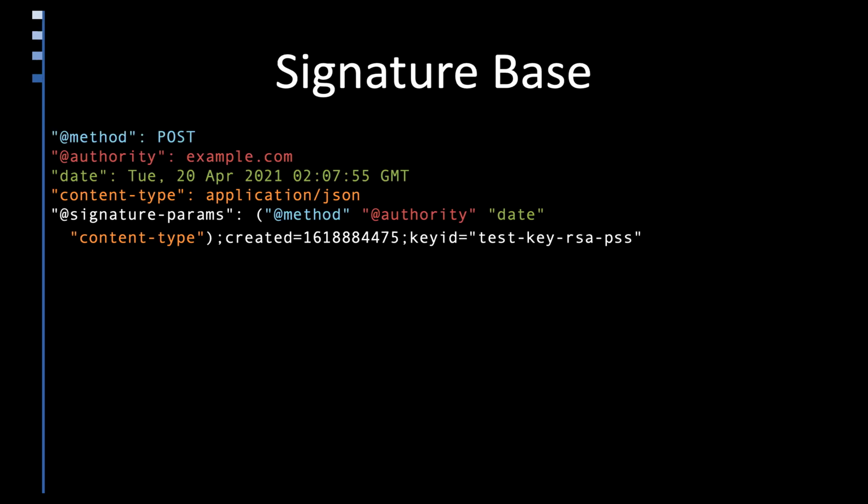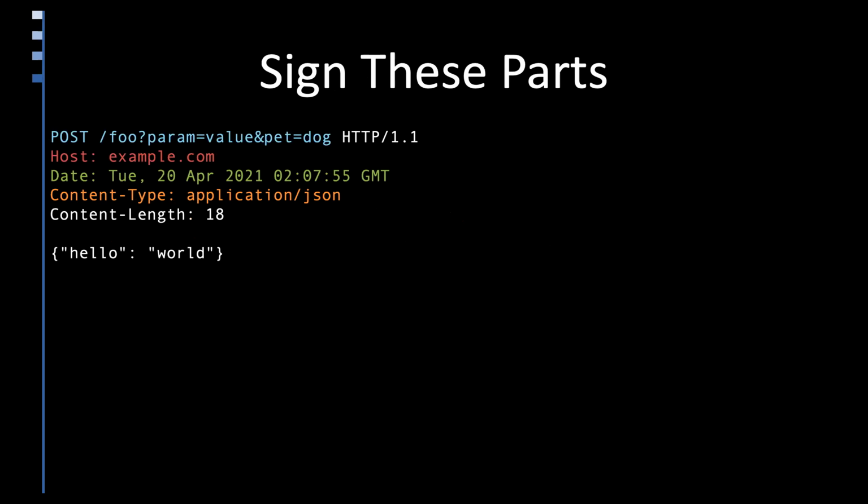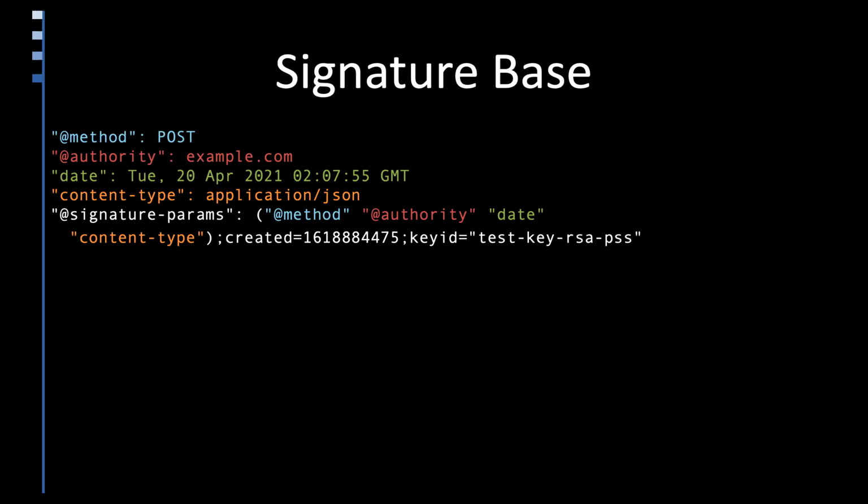So first, we have the method. There's this @method identifier, and then we have a post. It is the HTTP method text string, which turns out, by the way, to be case sensitive. It's just something that surprised me when working on this spec. HTTP methods are case sensitive. I never knew. And then we have @authority, which we're pulling from the host field here, but HTTP2 and HTTP3